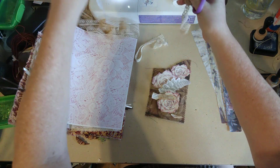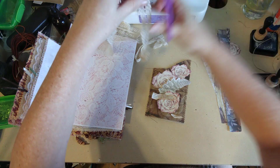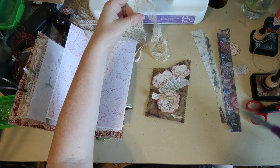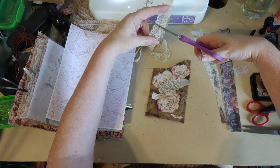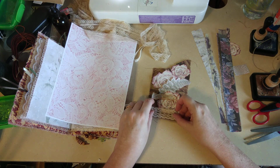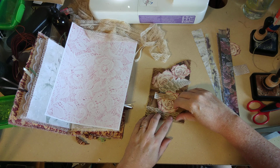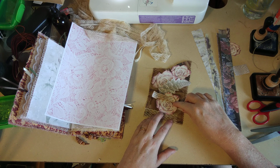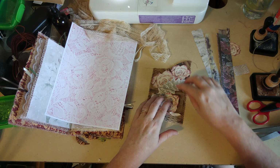There's all kinds of... I save my threads and stuff because then I like to use them for messy thread, and so it just gets stuck to everything. It's kind of funny. Look at this, you guys. I am getting down to the very, very last of my coffee dyed stuff. This week I'm going to have to do some really serious coffee dyeing. I keep a file folder full of stuff that I want to coffee dye, so that when I'm ready to coffee dye, I don't have to go, oh, what do I want to dye? What do I need? I just keep a file folder full. Right now I've got a whole bunch of paper scraps in it,